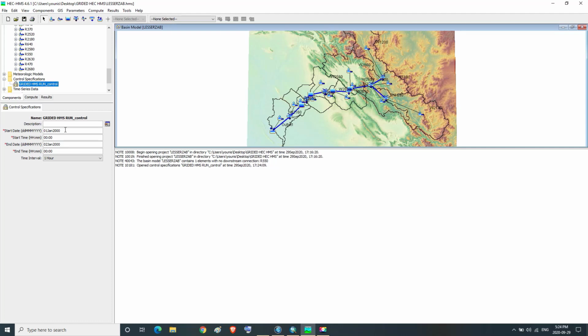So in the start date we type 1 January 2003 and in the end date we type 31 July 2004,